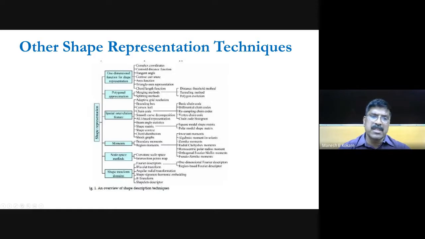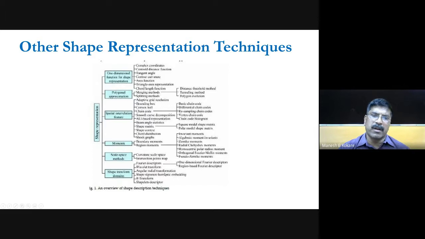Okay, then scale space methods are also used for shape representation, like the curvature scale space or intersection point map. And then shape transform domain, like for example you can use Fourier descriptor by taking the Fourier transform, whether it is a one-dimensional Fourier descriptor or region-based Fourier descriptor. Then wavelet transform can also be used for shape representation.